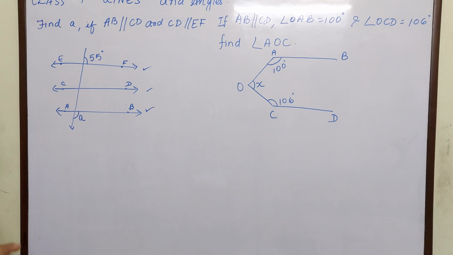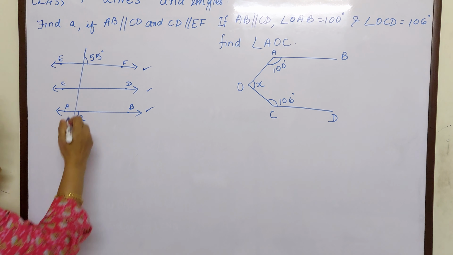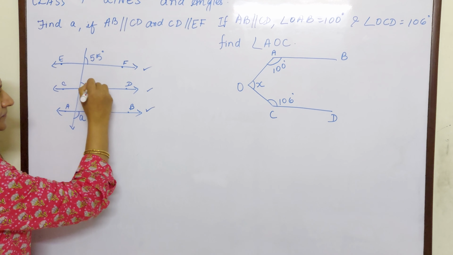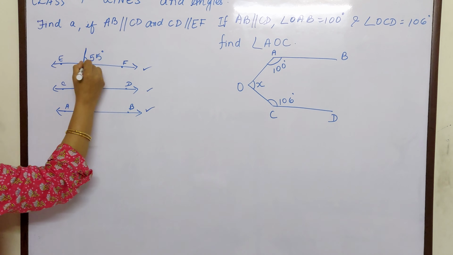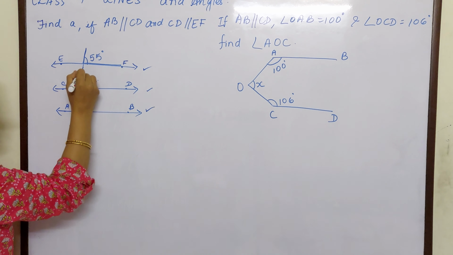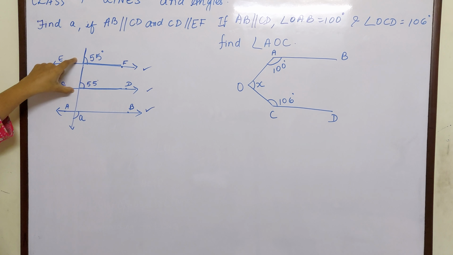Okay. What have we learned children in angles made by a transversal in parallel lines, corresponding, interior. So we will use that and find out A. Now this line has 55 degrees above it. So this is also 55 degrees because they are forming the same pattern. See, coming down, going towards your right, and they both are parallel lines. If they are parallel lines, then corresponding angles are equal. So if this is 55, this is also 55, right?